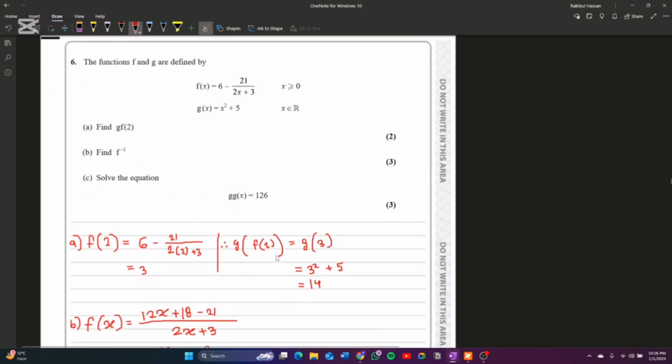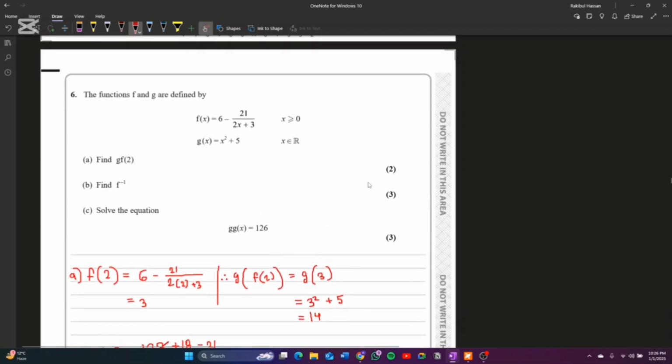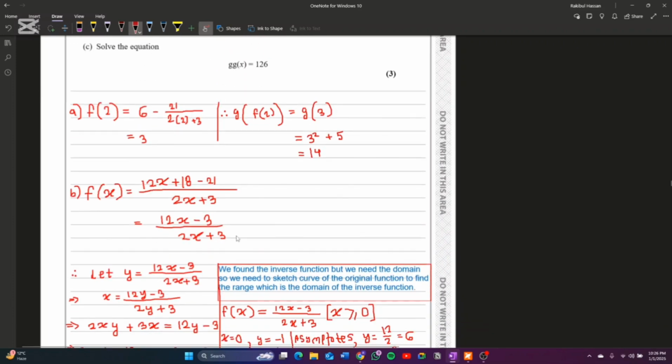Okay, next question is about functions. The functions f and g are defined by f of x equals this and g of x is this. Find g of f of 2. Since it's g of f of 2, at first we have to put this entire value of f of x inside this x of g of x. So that would actually give us